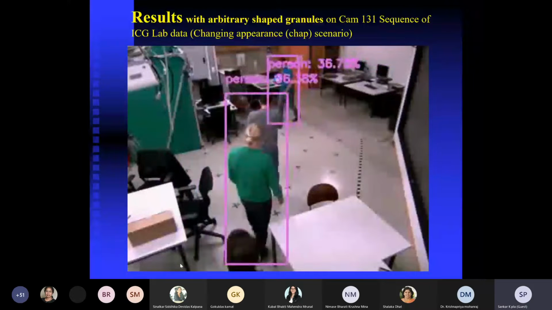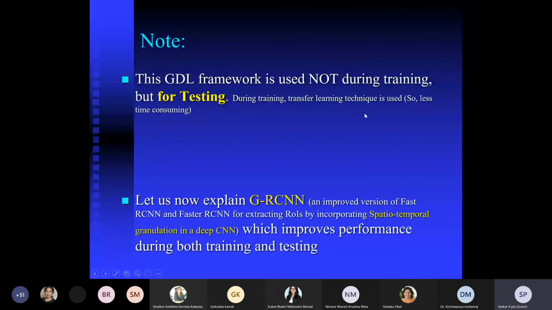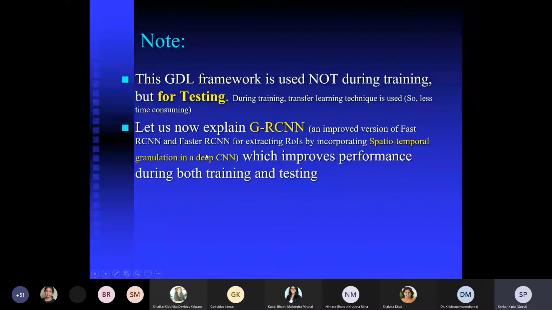Now, this GDL framework is used not during training but only for testing, because during training we use transfer learning or CNN. Now I will use another one. Let us now explain granulated RCNN, that is a region-based convolutional neural network, in its granulated version,